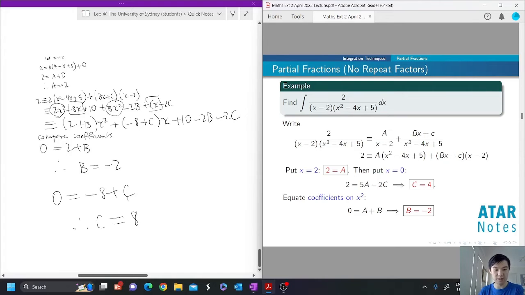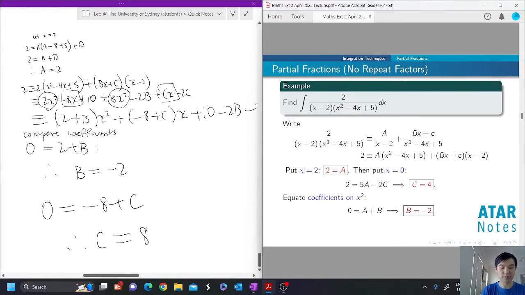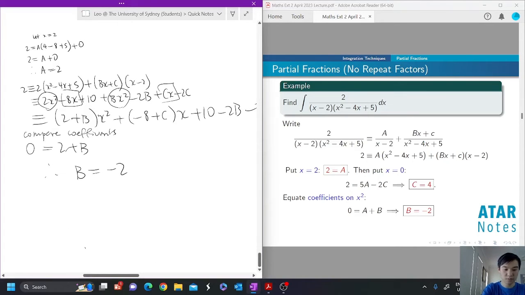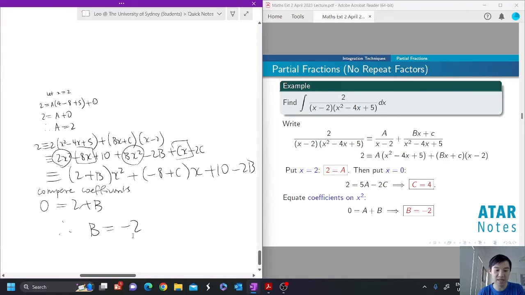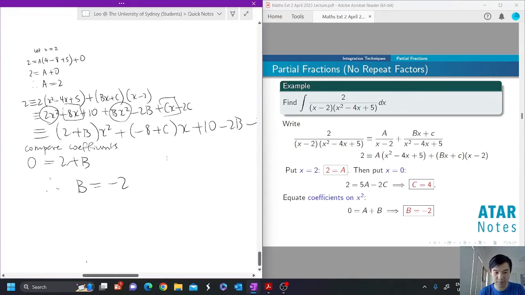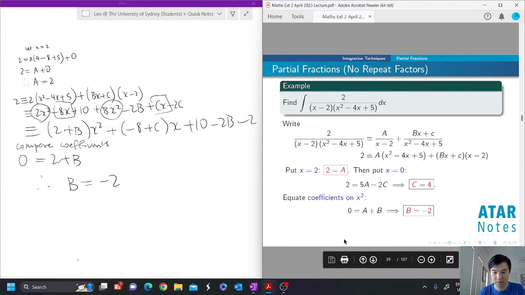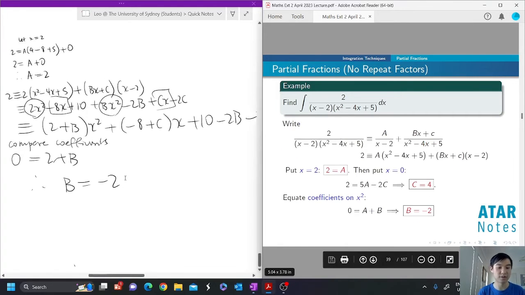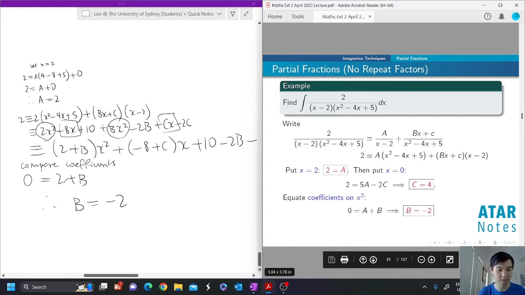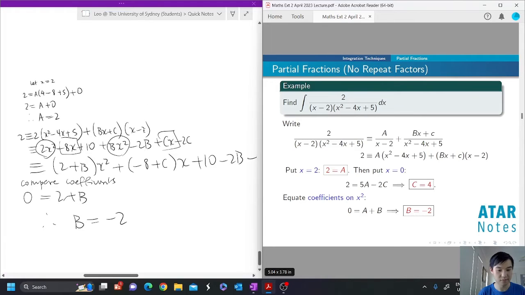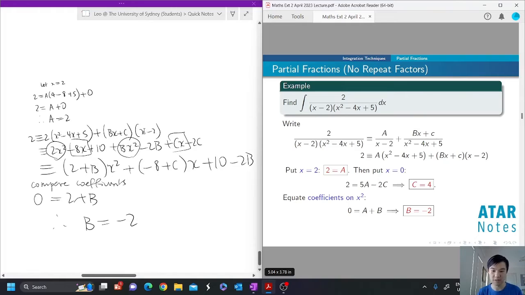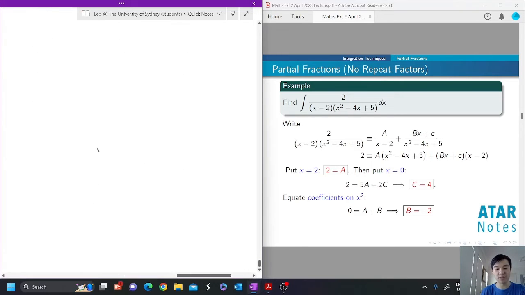So our x term. So this is right. We got b is equal to -2, but to get c, if x is equal to 0, then 0 minus, so if we had let x equal 0, you could have